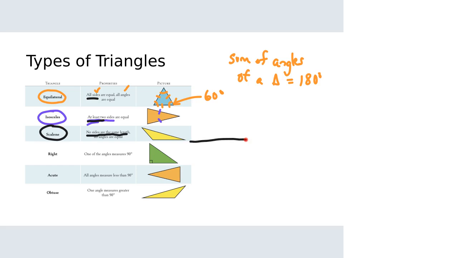What we've done here is we've put these triangles in different categories based on their side lengths. We can have all three sides the same, at least two sides the same, or no sides the same. And the names that go with those are equilateral, isosceles, and scalene. On the bottom half of this, instead of side lengths, we're going to talk about angle measures. Now let's see. A right triangle has one of the angles measuring 90 degrees,